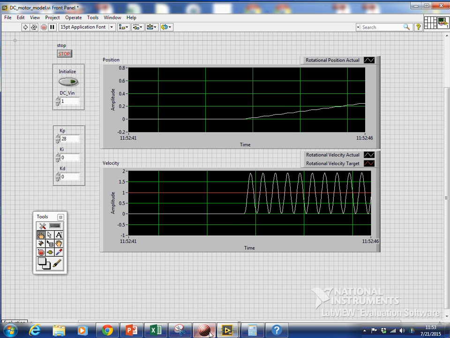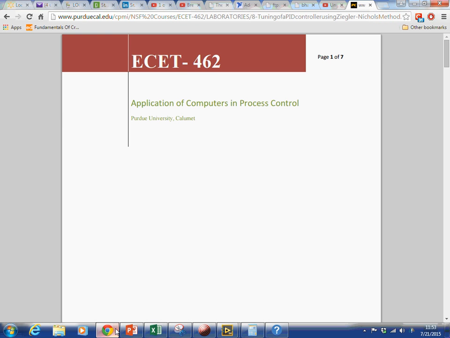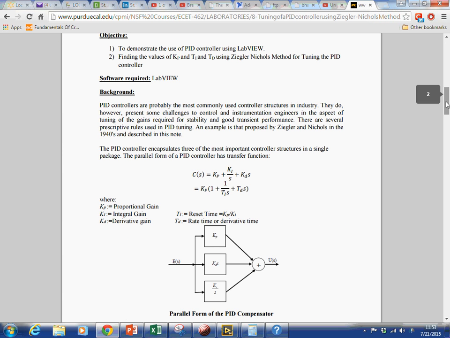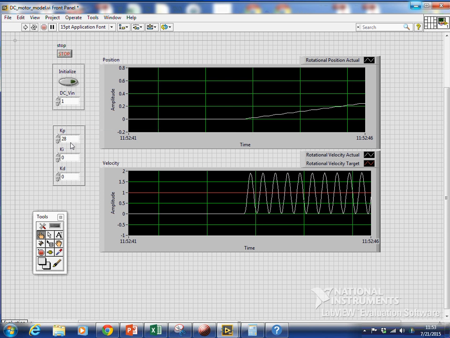There are equations that you can find on the internet that describe this. It's pretty well documented. Here's a paper that I found, and they show some of the coefficients for PID control. This will have a little bit of overshoot, but Kc was our value of 28. That's a critical point. So we'll take 0.6 of that, half of the period for Ti, and 1/8 for the derivative. So if we plug those values in, we'll get